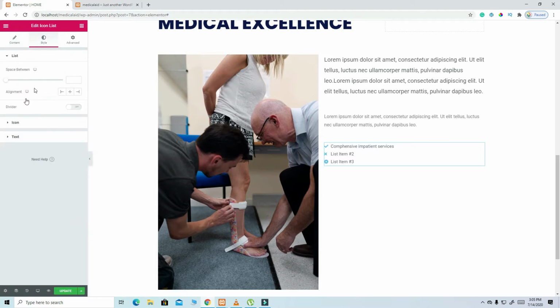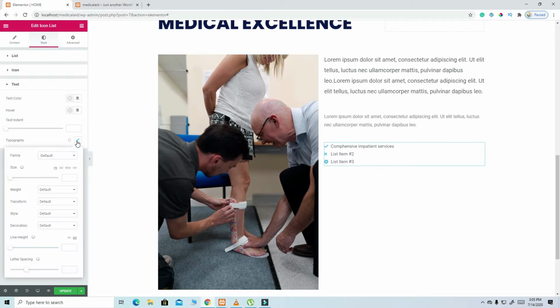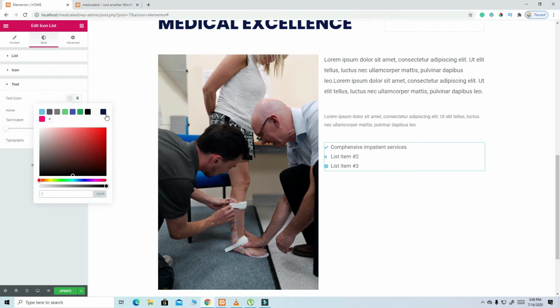Then from the style, click here on text. Then we go to typography. From the typography, we are going to make this one 18. 18 is okay. 18 will do. And then I'm going to select the color. Text color should be this one, like that. And then